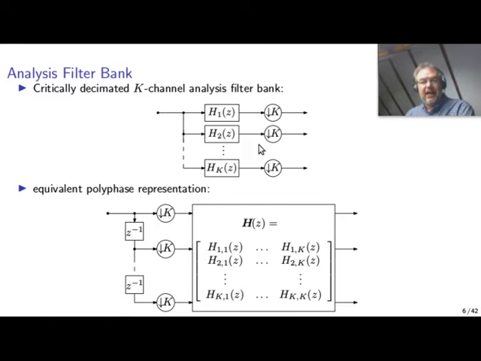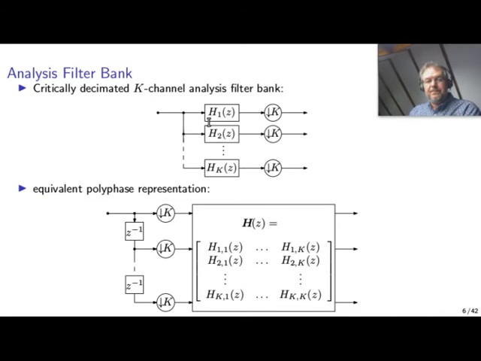So this is an analysis filter bank, and you could equivalently write the structure that you have on top as a so-called polyphase implementation, whereby first you demultiplex the signal and then send these demultiplexed components through what's called a polyphase network. So through a matrix of transfer functions, and each of these transfer functions somehow relates to the transfer functions of the filters that you have in the